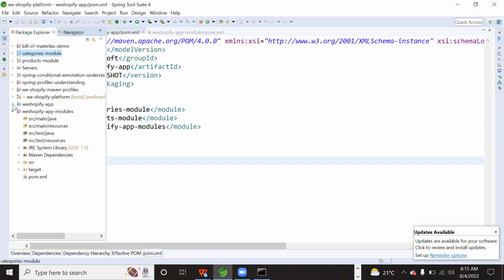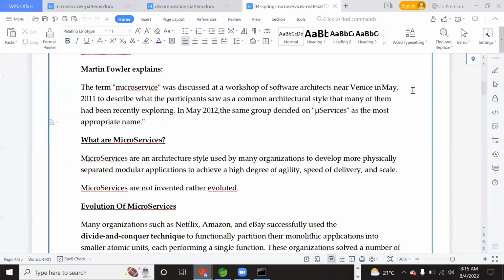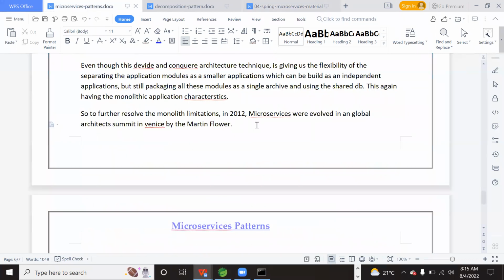Those become microservices. Because what are microservices? Microservices are autonomous, self-executable, independently deployable, small applications, right? Now let us run the theory here.